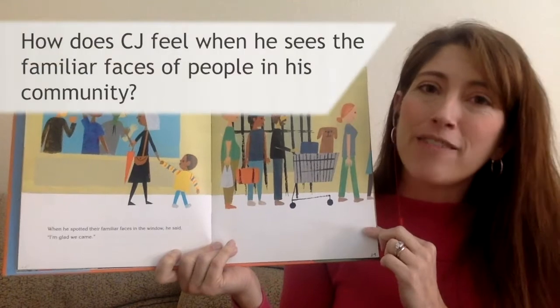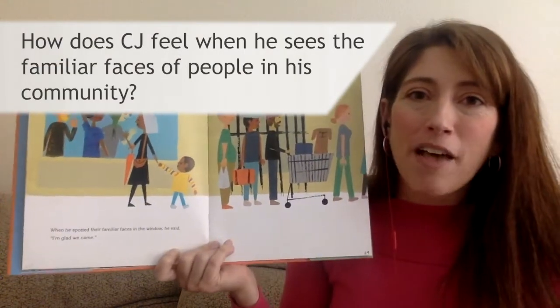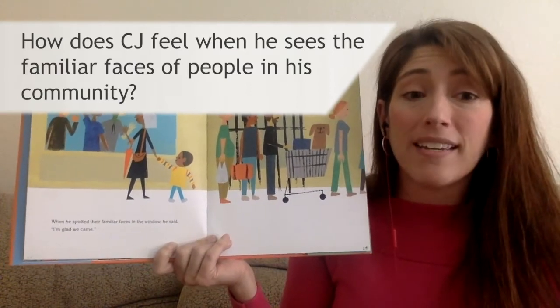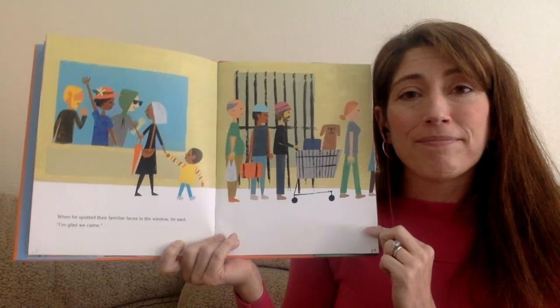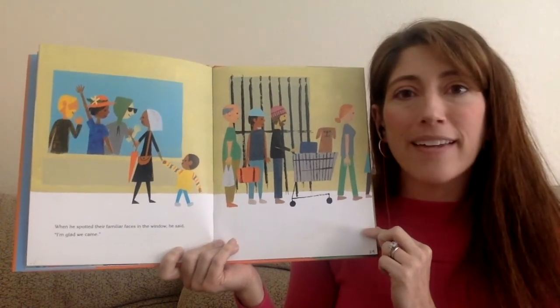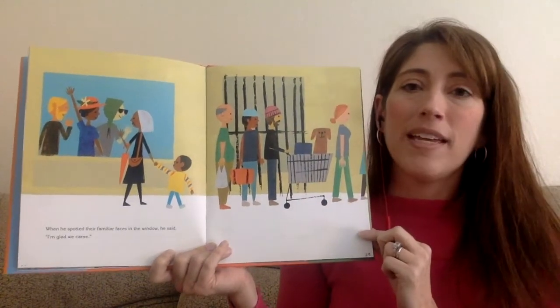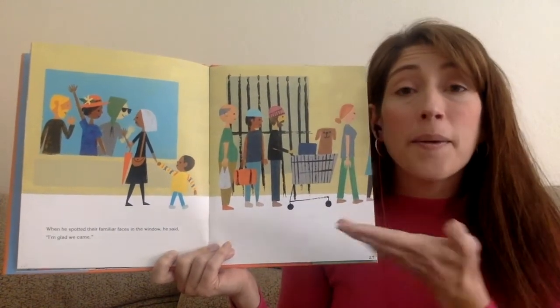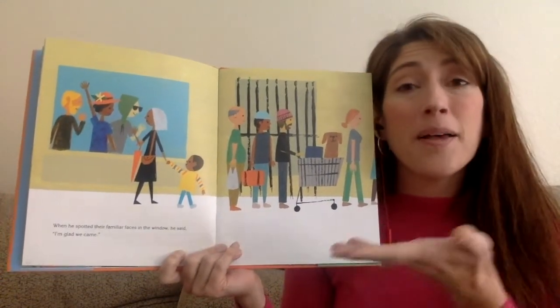How does CJ feel when he sees the familiar faces of people in his community at the soup kitchen? Why does he feel that way? Use the sentence frame, CJ feels, I know because...